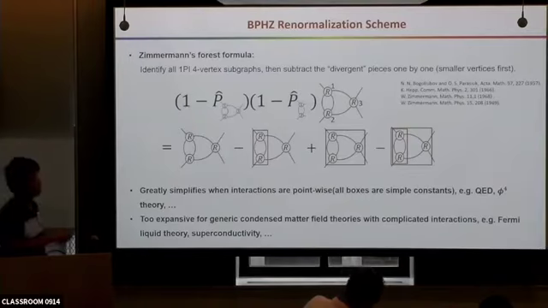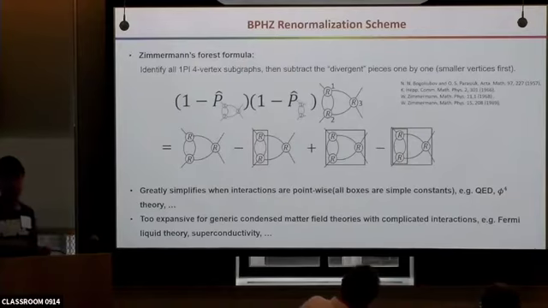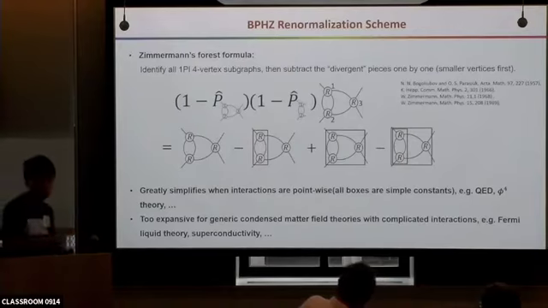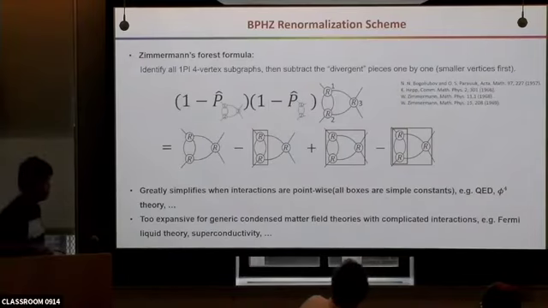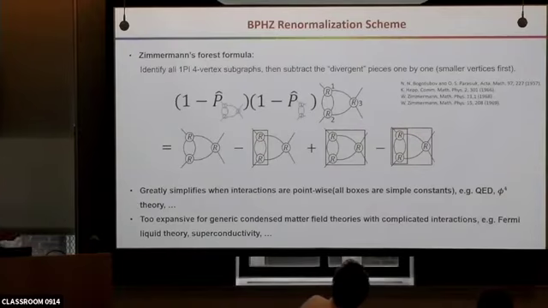So that means this diagram reduces to a one-loop diagram, which you have already calculated with the one-loop calculation. This greatly simplifies the problem, and that's the case for QED or phi-4 theory. However, for a generic condensed matter problem, like a Fermi liquid, this box is still a function. So you cannot just simplify it into a constant and pull it out. Okay? So you have to calculate all diagrams as they are, and very soon it becomes impractical to calculate all